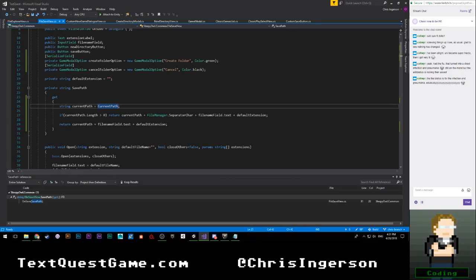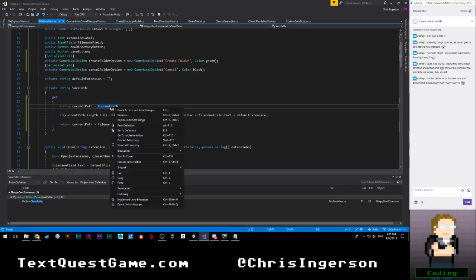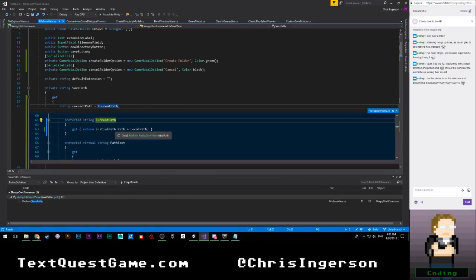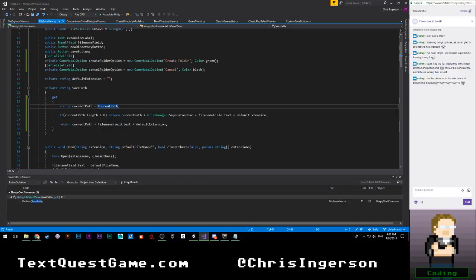First up, file save view. So this is where the fun stuff comes in. So we want to debug, or we want to log current path plus file name field.text, and then plus our default extension. That's fine. But I want to know what this is. And current path is always going to be not empty, I believe, because initial path is, yes, that is an absolute path. Okay, so current path cannot be empty, which means that we would instead need to say if